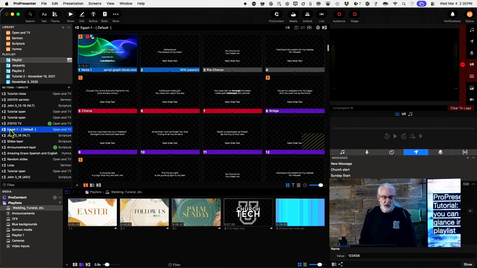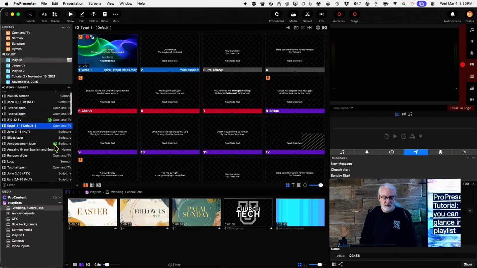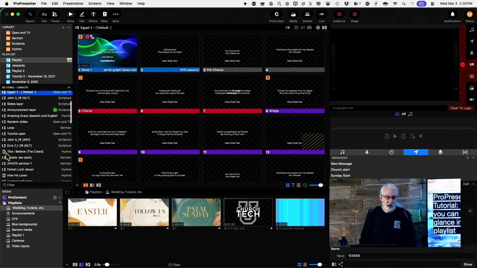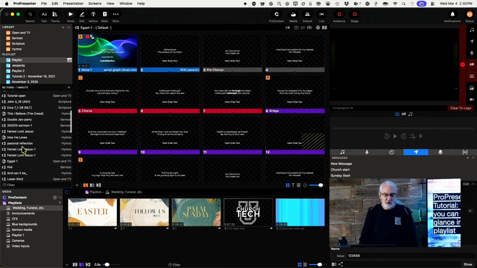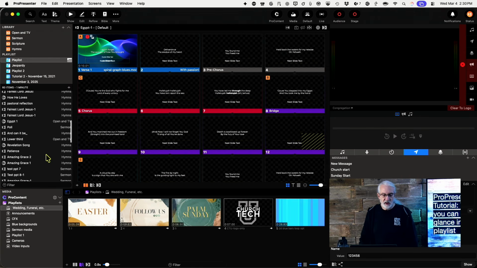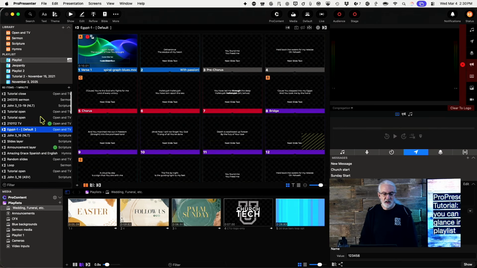I can also tell that Egypt here is in the default arrangement. So that's something that's helpful as well. If I look right here, notice this icon is different from this icon, so that also tells me that this song was imported from MultiTracks as opposed to SongSelect or just typed in or what have you. So that's also an important thing to know as well. So there's a few different things that this tells you, and I think that